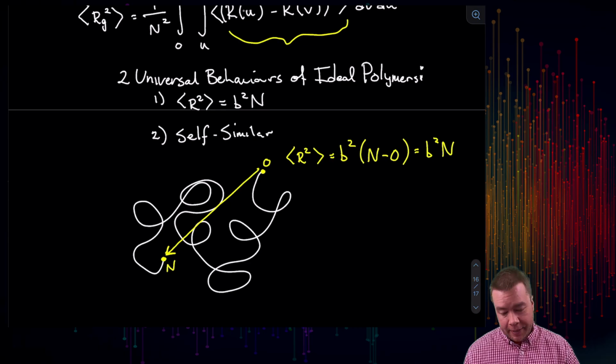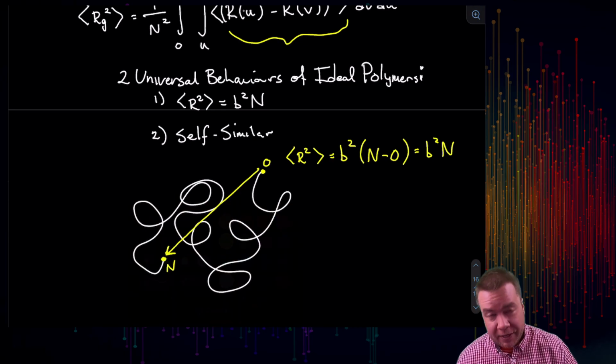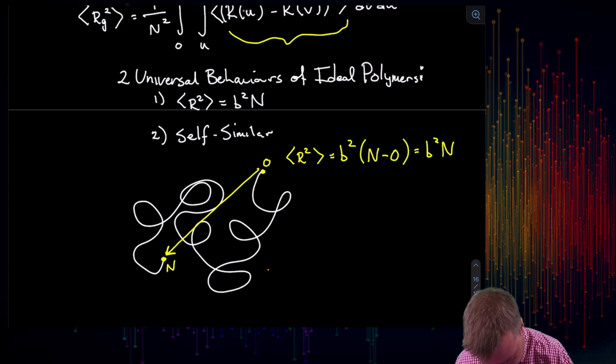Now the reason that I show you that is because when I say something is self-similar, then if I look at a small portion of the chain, like if I were to look in this region,